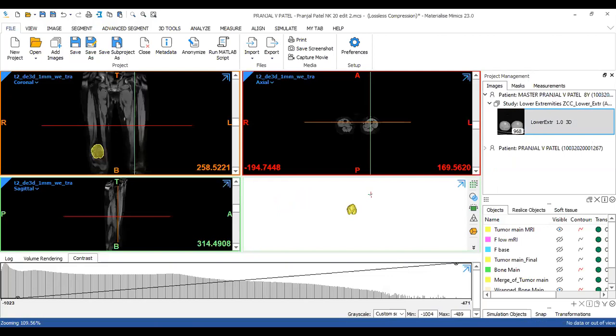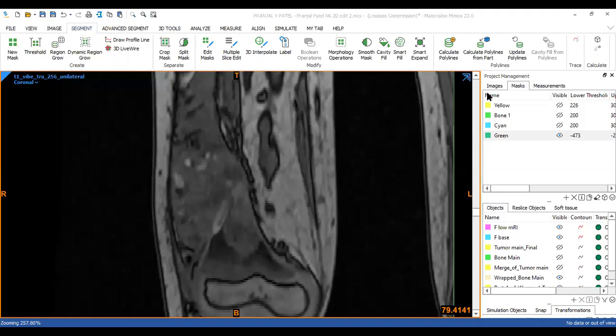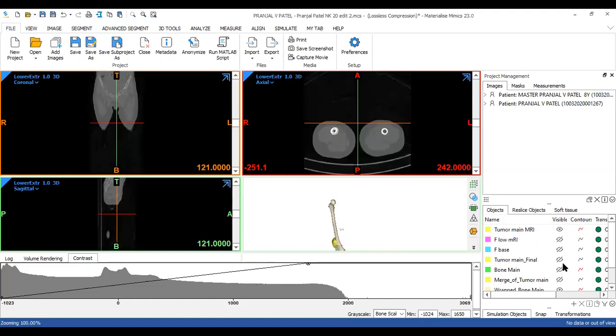Once I have my CT image set, I want you to observe the 3D view. So what you'll notice is once you've switched the view from MRI to CT, right, let me hide these tumors.